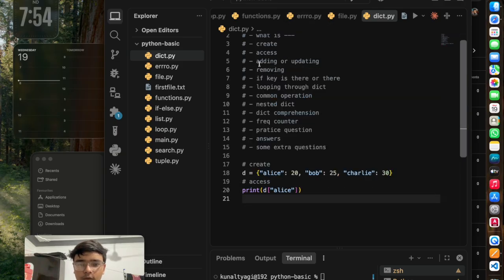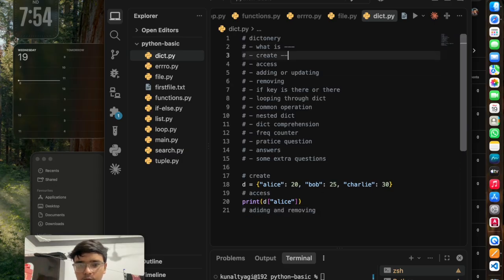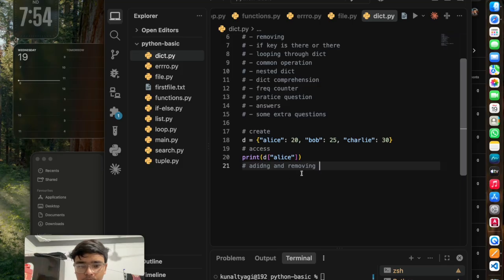Now we have to talk about adding and removing. So we have done these two things. Now adding and removing: how can you add a value, how can you remove a value?